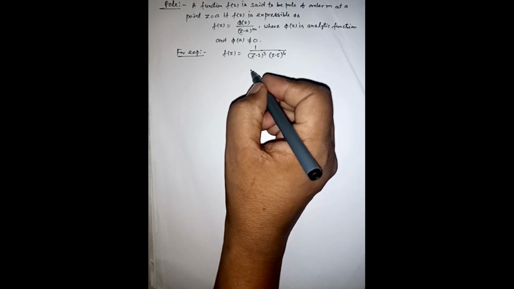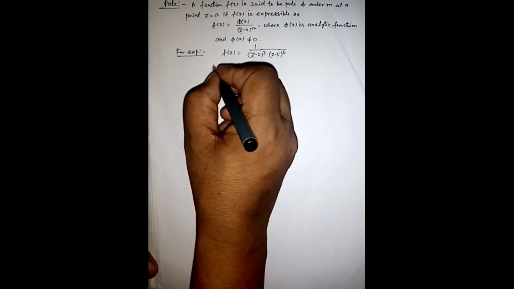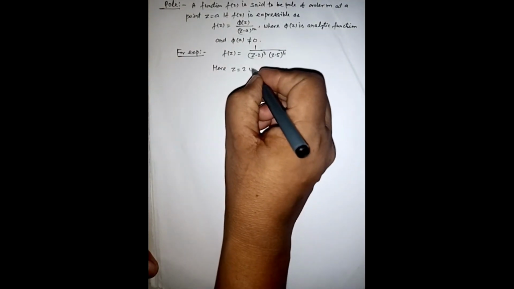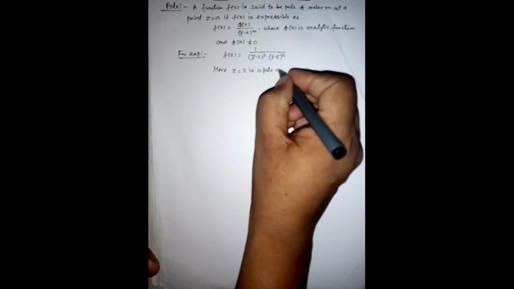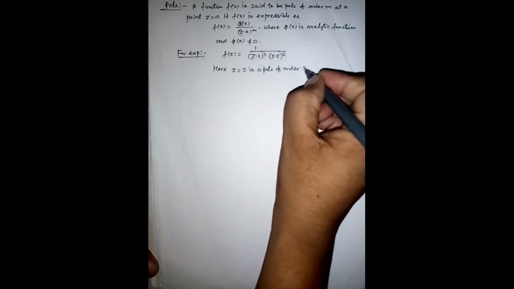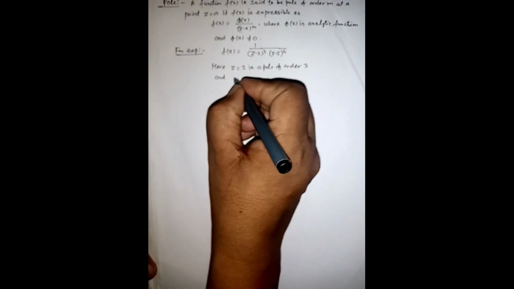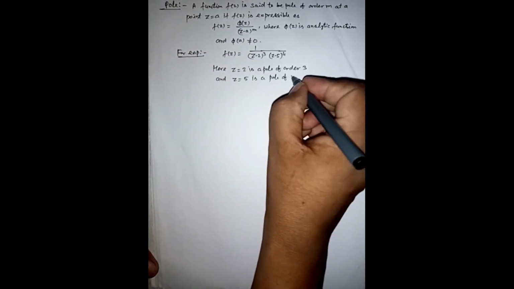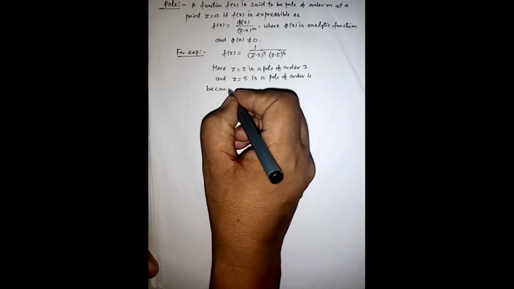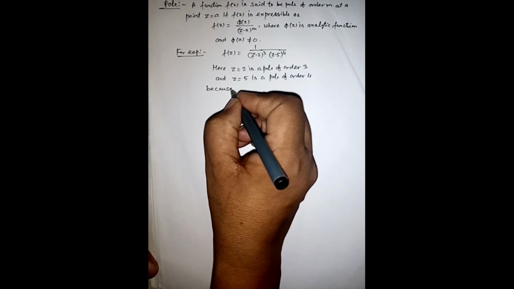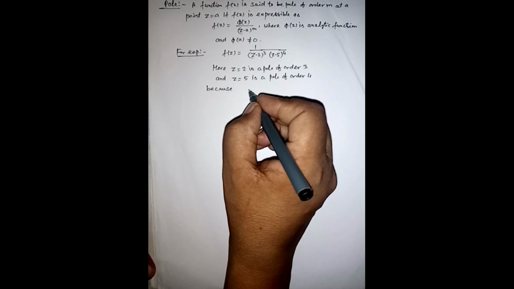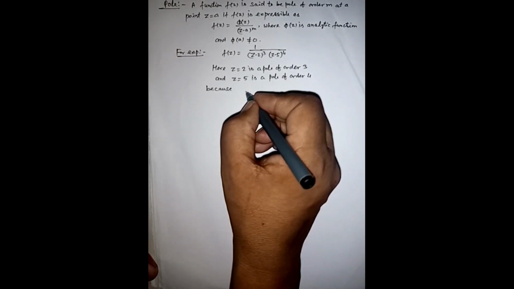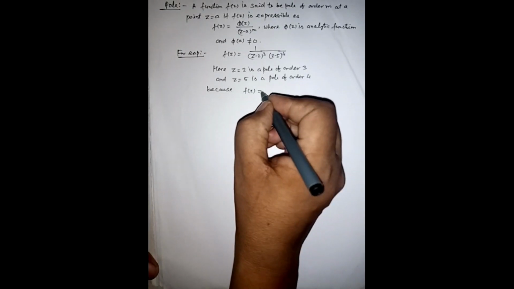Here z equal to 2 is a pole of order 3 and z equal to 5 is a pole of order 4, because f(z) can be written as